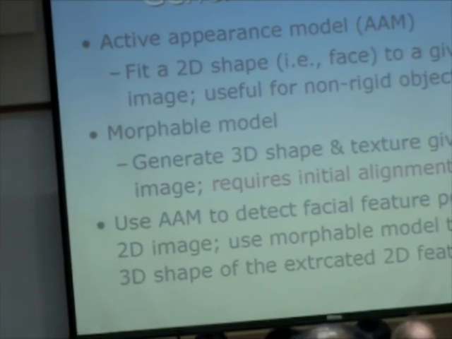What has helped improve the technology is the generic face model, both in 2-dimensional and 3-dimensional form. So Cootes proposed something called the active appearance model. And the idea was to come up with a generic 2-dimensional face, so that given an image, I can extract the facial feature points